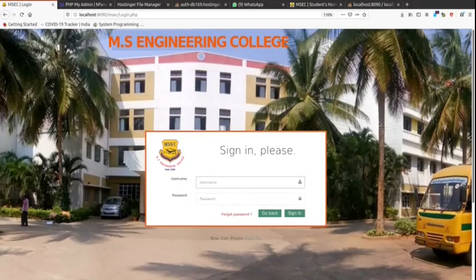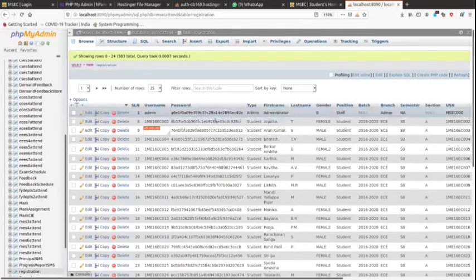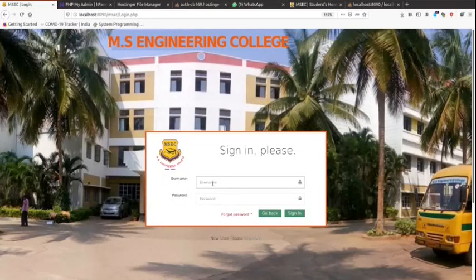So we need an S8 EC student's credential, then only can we mark the feedback. I will take one S8 EC student credential for testing purposes. Yeah, I got it. Their credential is nothing but their USN number. The username is their USN number in capitals, and the password is also the same USN number in capitals. If they enter both, then they can log in.